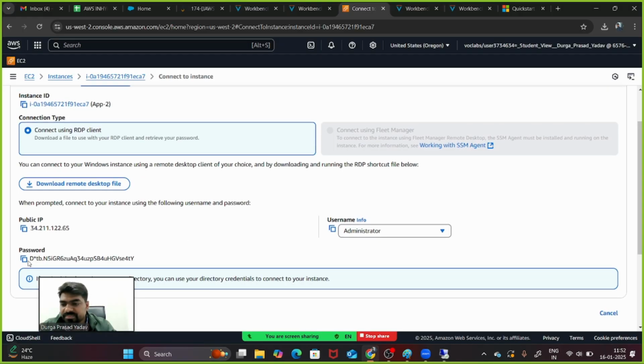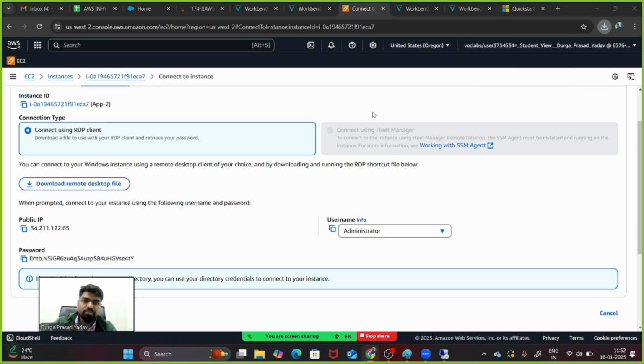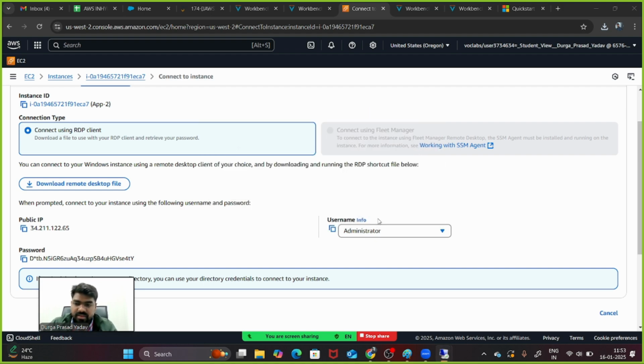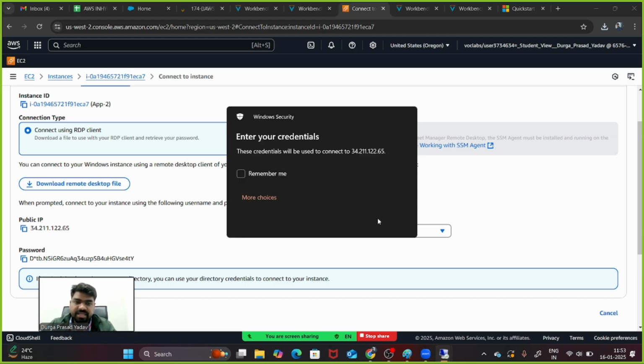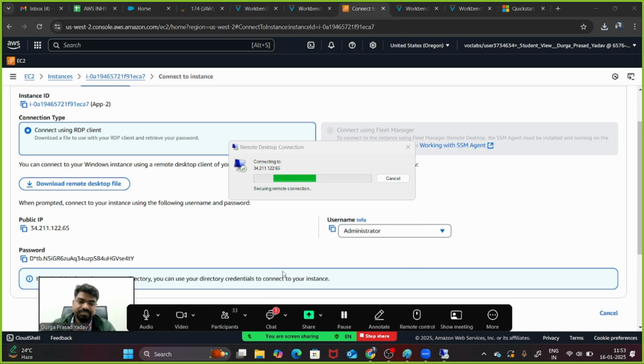We'll copy the password. We'll download the remote desktop file, and we will connect the second machine also now. Both machines we will connect simultaneously to set up the web server, right? So that we will be able to set the load balancer properly.